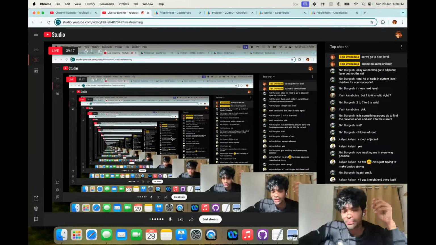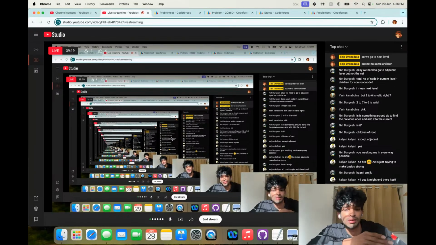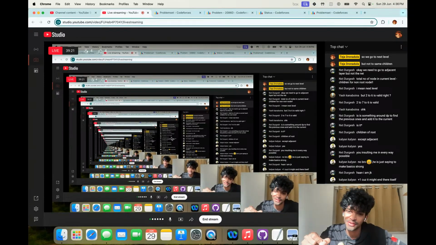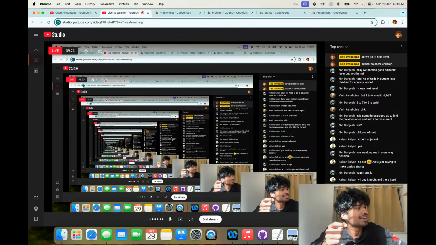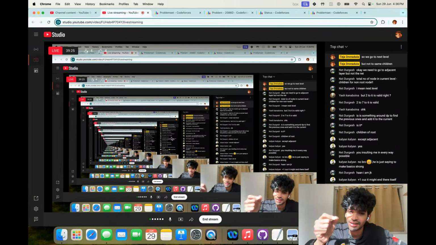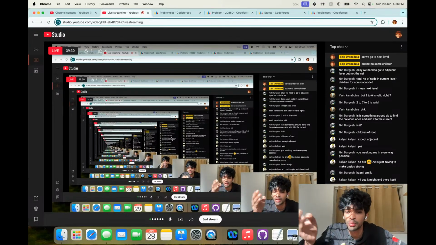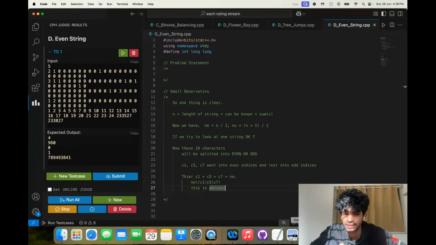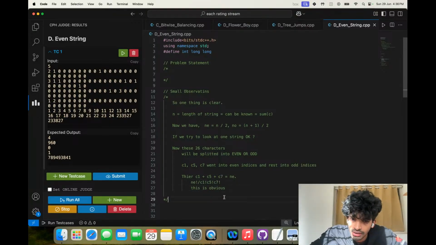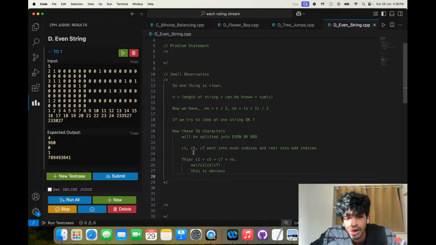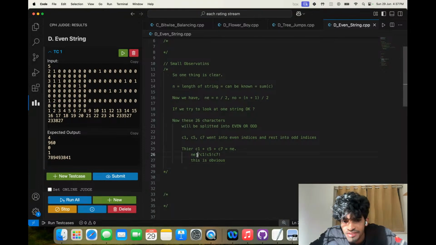Consider y: if you have m y's, we see them as y1, y2, y3 up to ym. But the ordering among them, m factorial, is redundant, right? That is not needed. That's why we divide by C1 factorial, C5 factorial, C7 factorial. This is obvious. So now NE factorial is common over all possible splits we do.